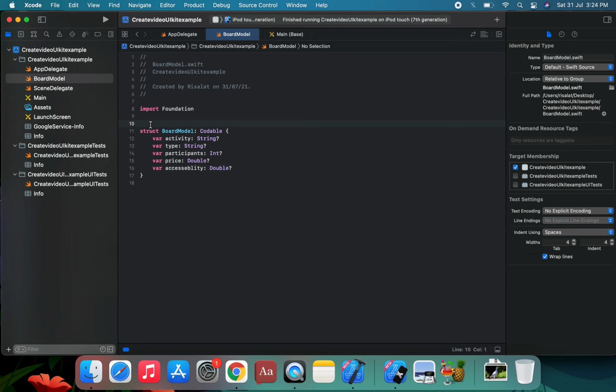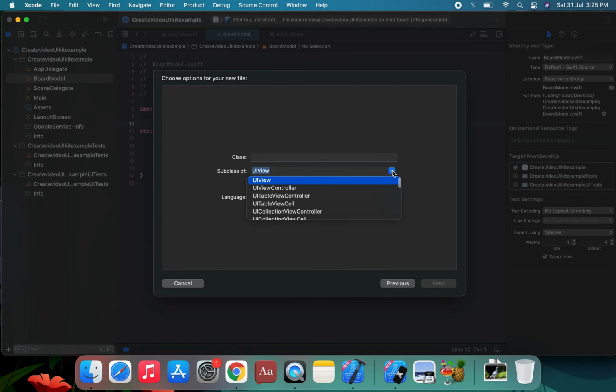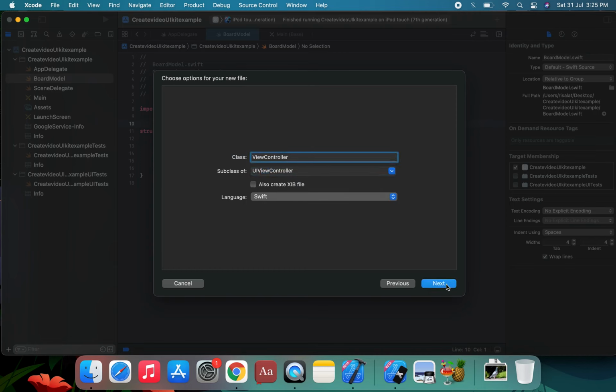Okay, Command S, and in the second step we're going to create the UI. So Command N, we're going to create a Cocoa Touch class, a UIViewController, called ViewController.